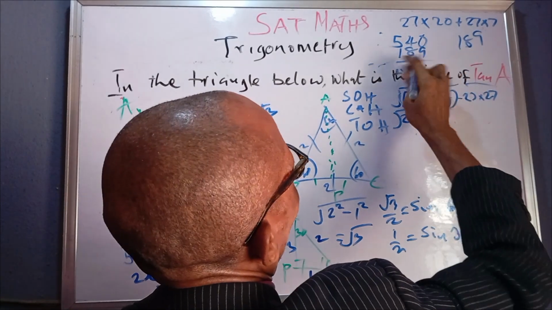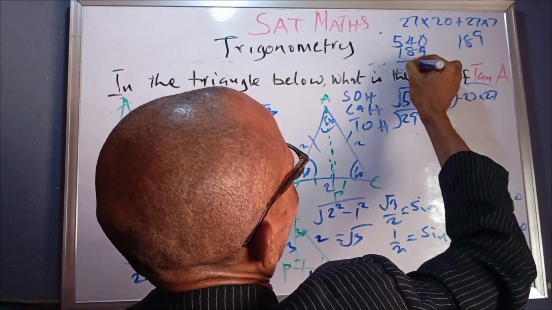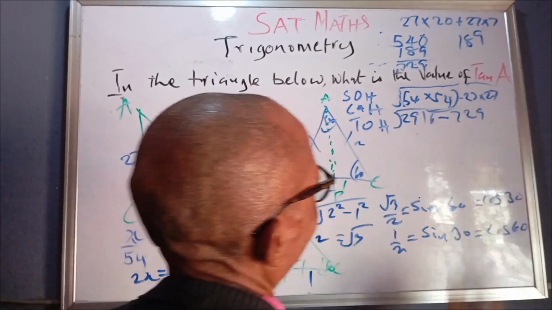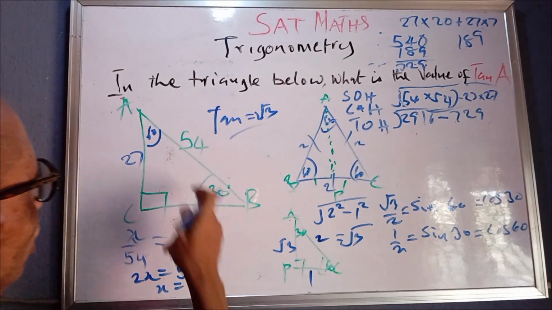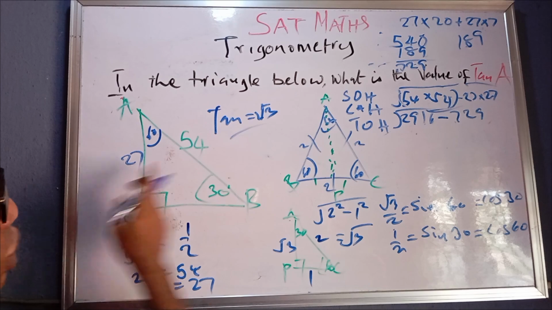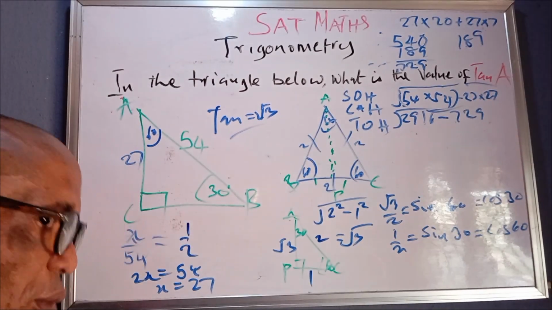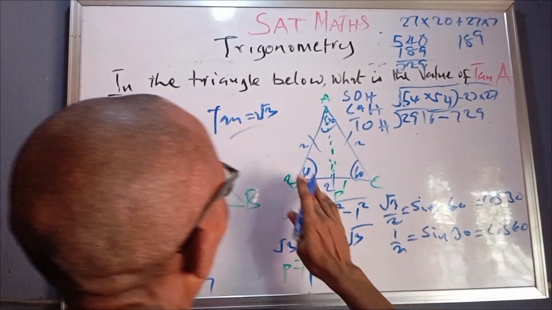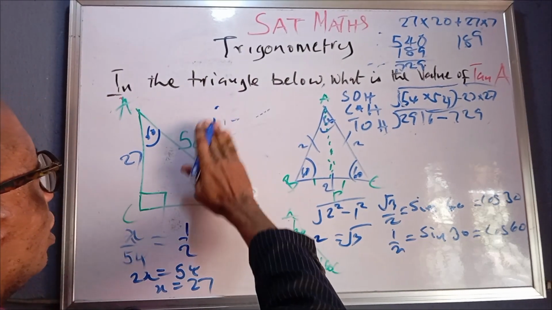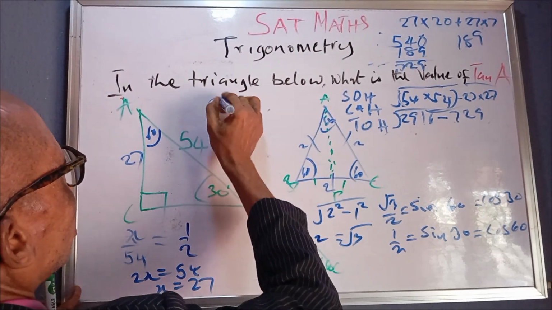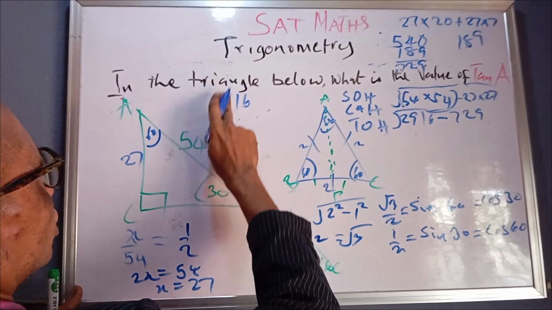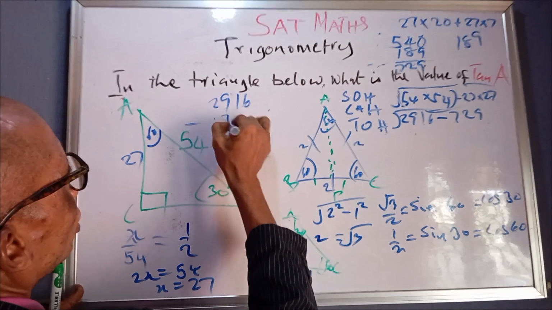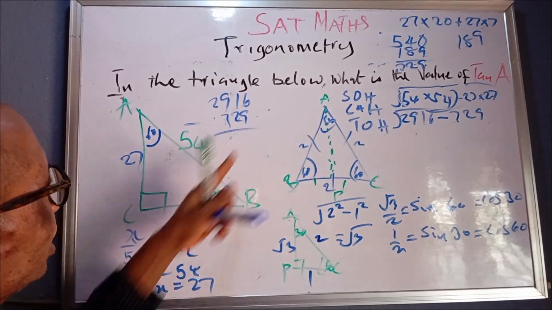So we put 9. So we are having 729. So that's what 54 square minus 27 square is giving us. So 2916 minus 729. Let's just work it here. 2916 minus 729. That gives us